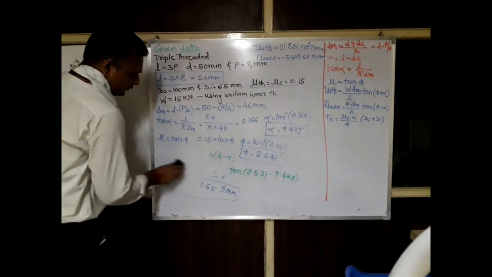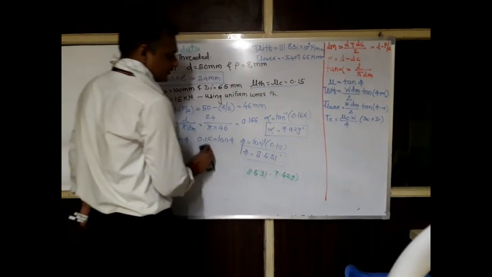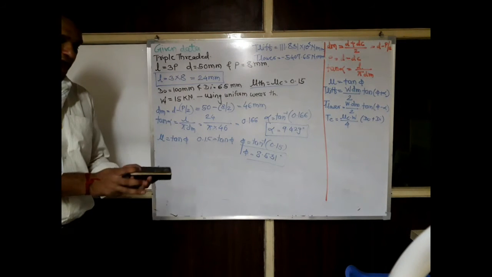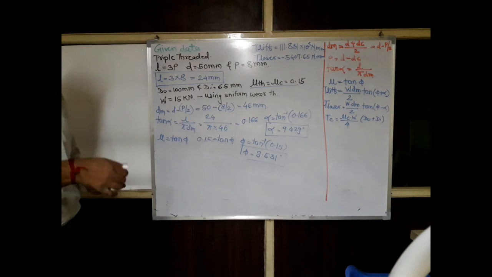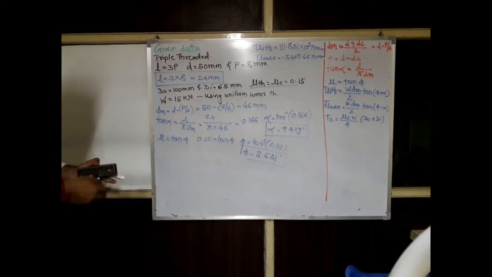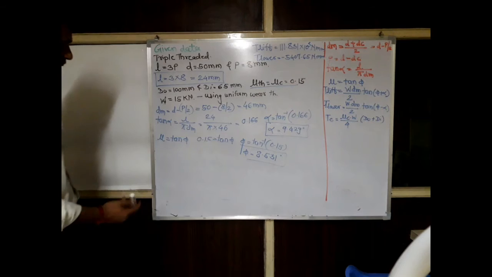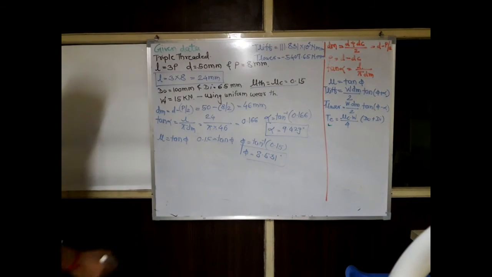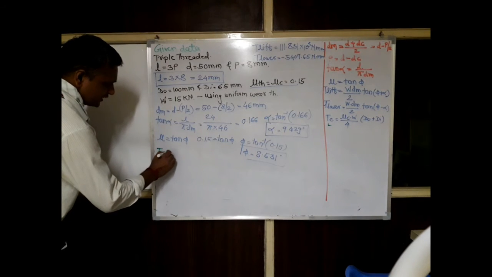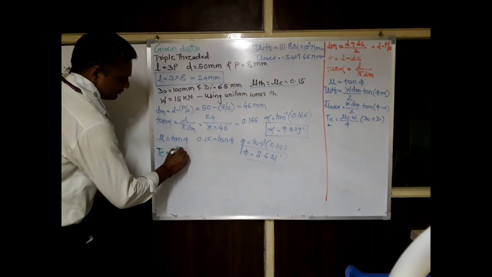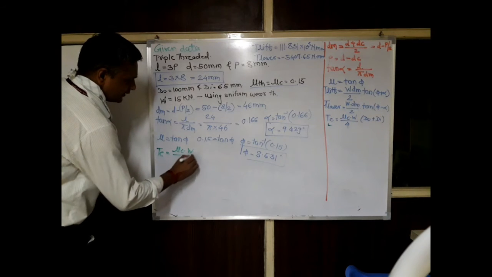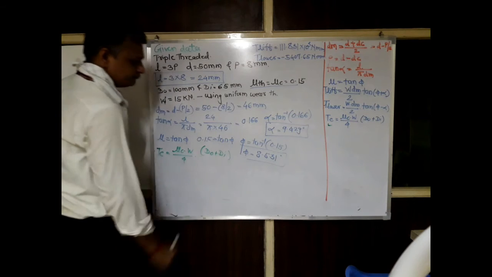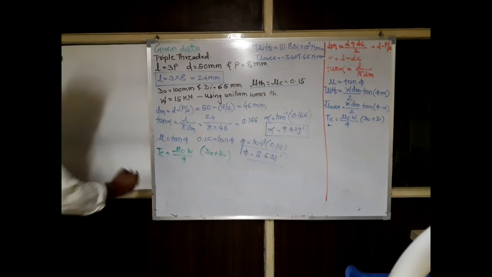Now, we have evaluated the torque for the lifting of the load and the torque required for lowering of the load. But we have not evaluated the total torque. To evaluate the total torque, we need to find out the collar friction torque. How to evaluate this collar friction torque? This is the formula using the uniform wear theory: TC is equal to mu c into W divided by 4 into d naught plus di.